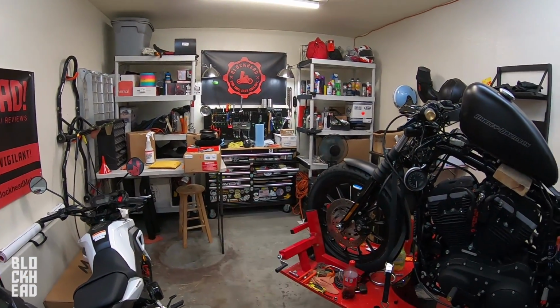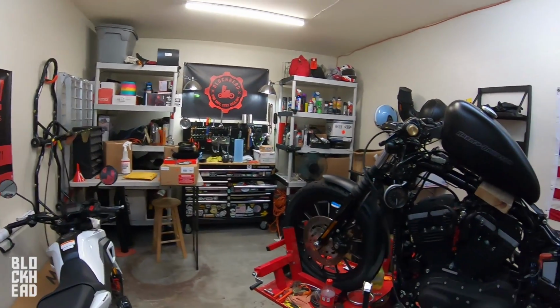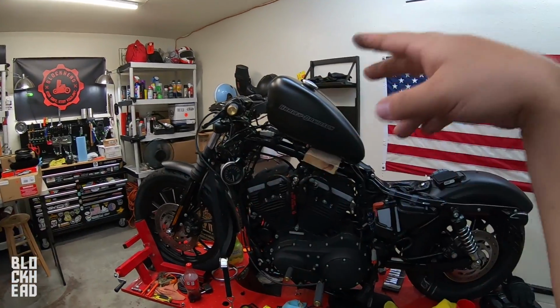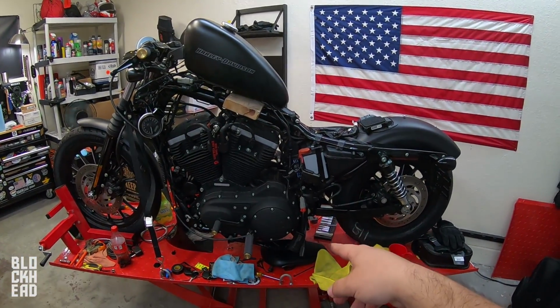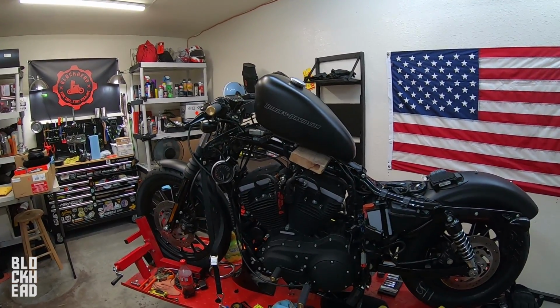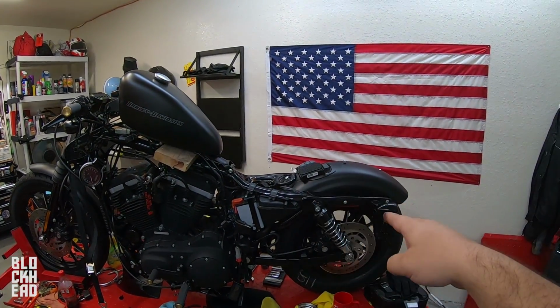The headlight is giving me a bit of an issue, but I think I can make it fit. I'm trying something out with some silicone right now, which is why my hands are all dirty. After we get the headlight back on and the Vance & Hines FP3 all tuned up, that'll be a ton of the stuff complete. And then we're gonna basically start tightening everything down up here, and we'll be able to move on to the rear fender,